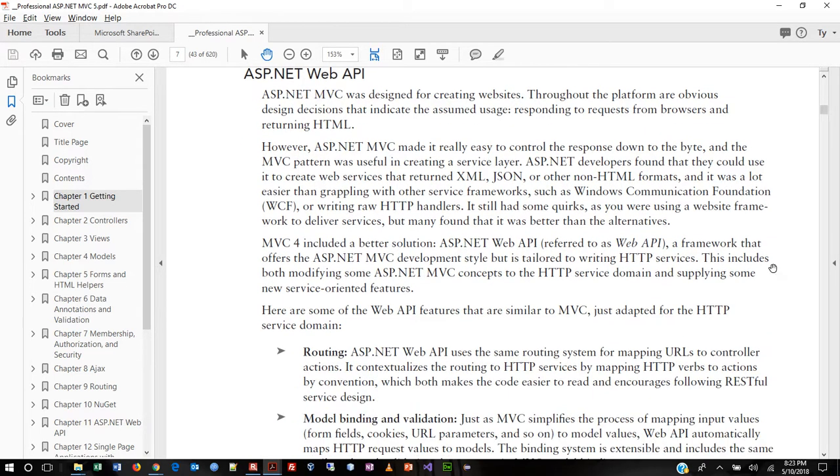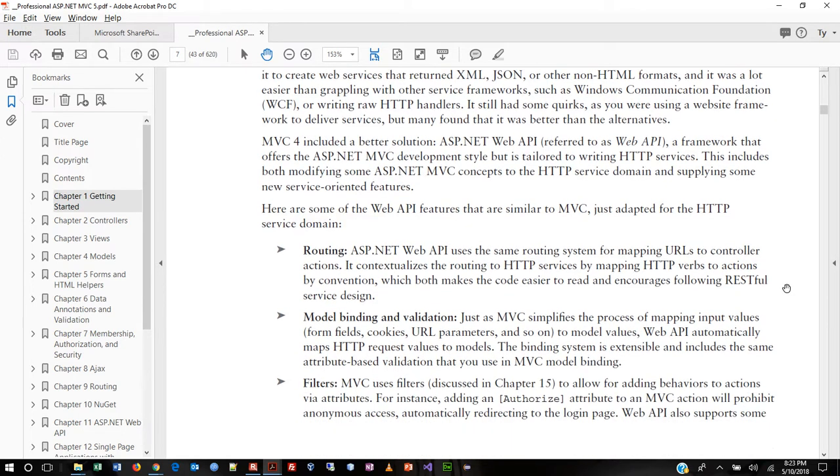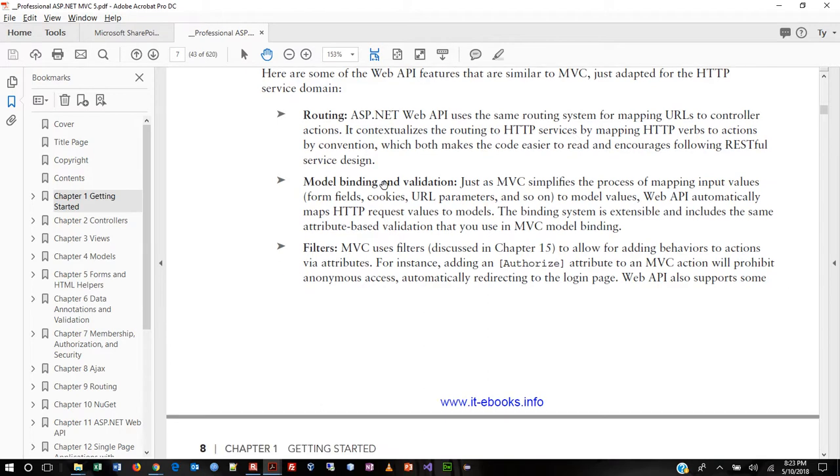The thing about the Web API, and in Web 2 we really didn't dig into it very deep because it's reserved for classes like this, are some of the things that we see here. So things like routing. What's really huge about routing, and that's one of the big features of Web API,